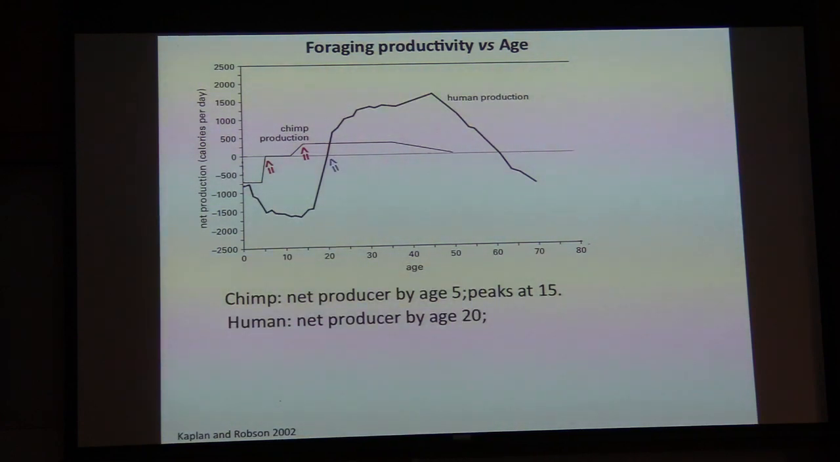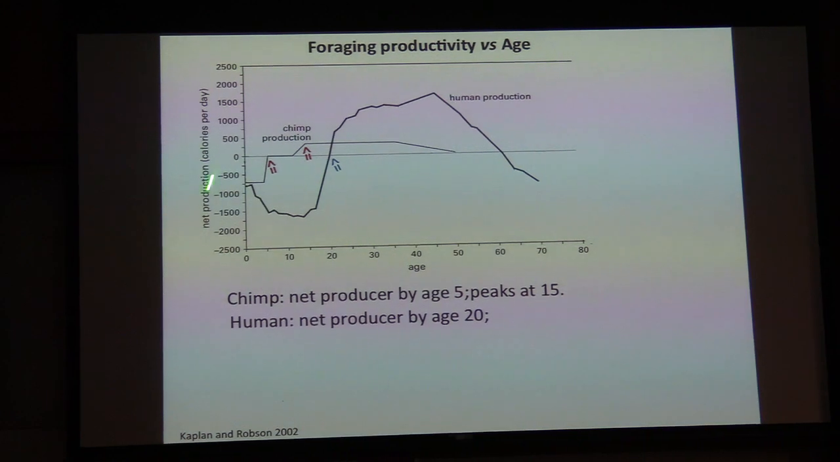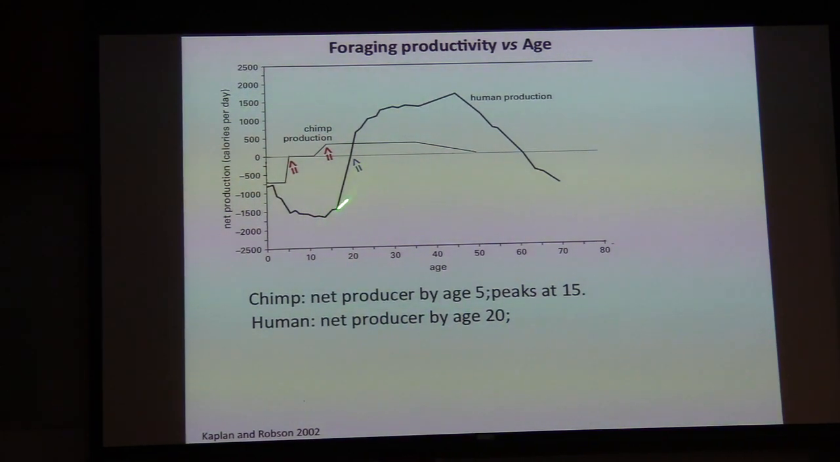Human, of course, has this huge childhood calorie sink, doesn't do a darn thing until about 15, and then only by age 20 is it beginning to feed itself. Any of you have children that age, you realize you should have very low expectations, because this is the way we evolved, not to be able to do anything at all till about age 20. And then